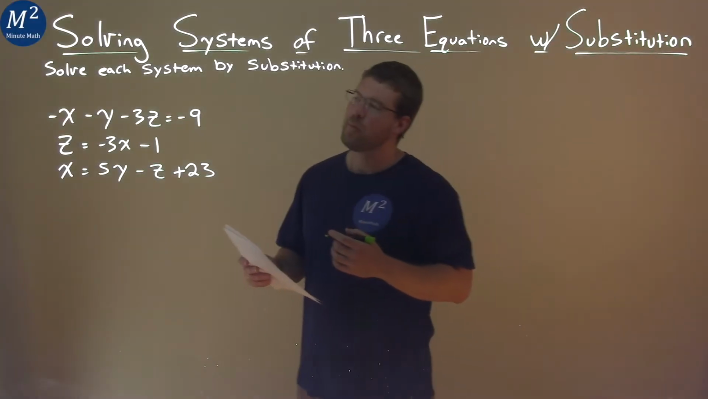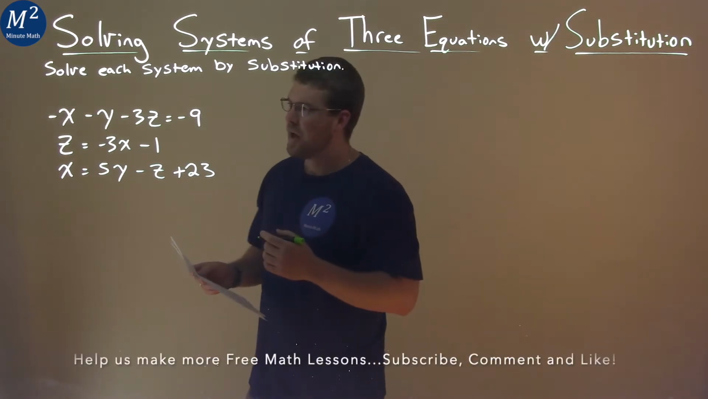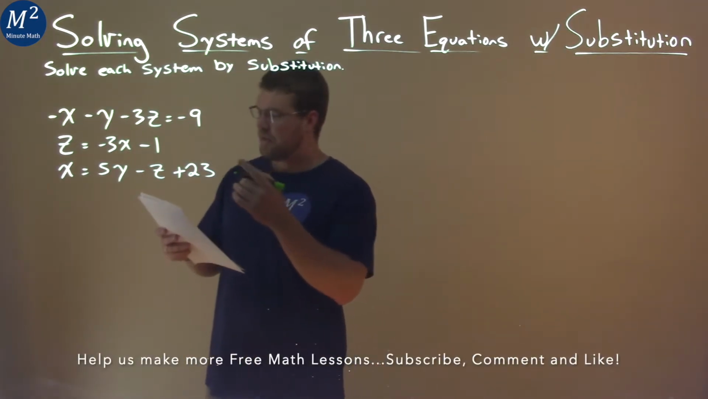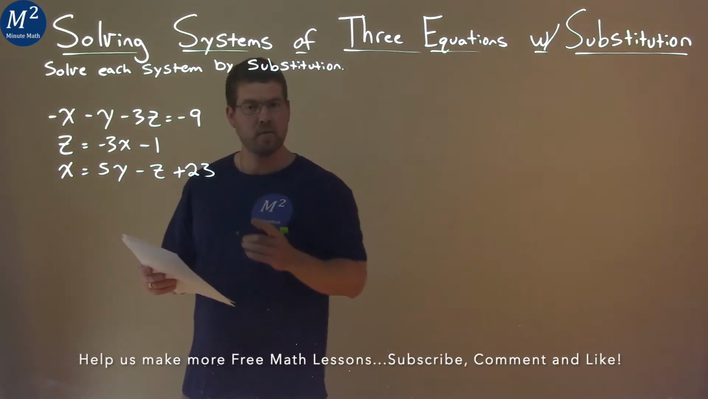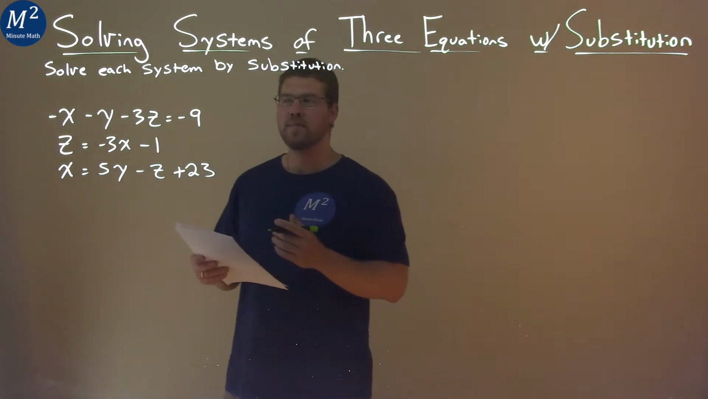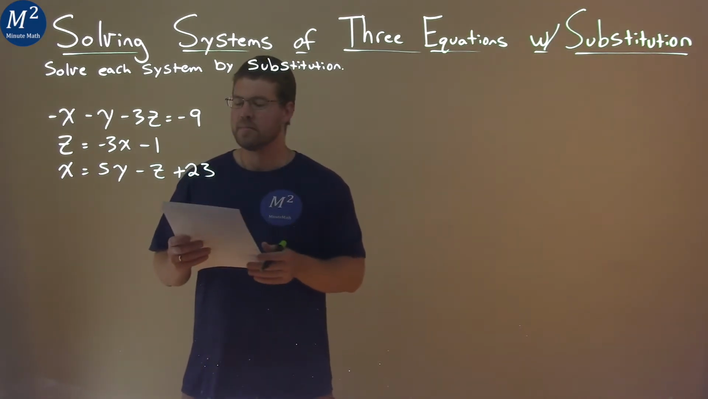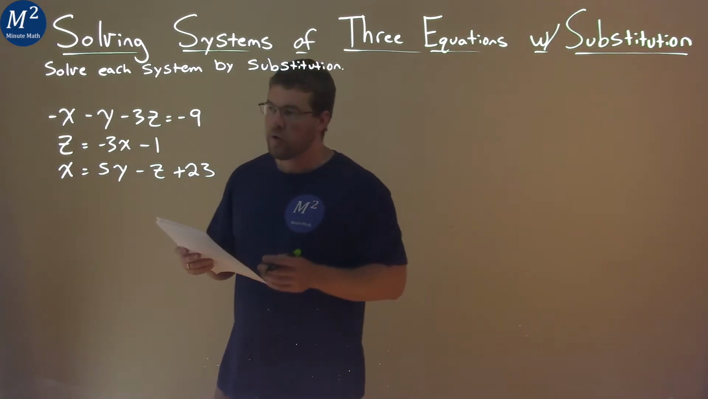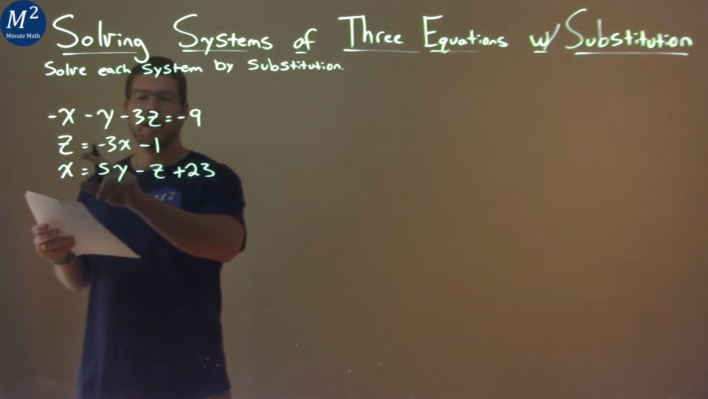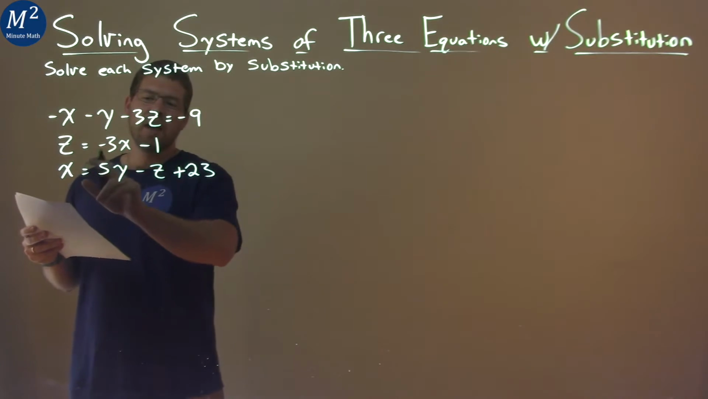We're given this problem right here. Negative x minus y minus 3z equals negative 9. z equals negative 3x minus 1, and x equals 5y minus z plus 23, and we want to solve the system by substitution. First thing I'm looking at here, I see we have a z by itself already,